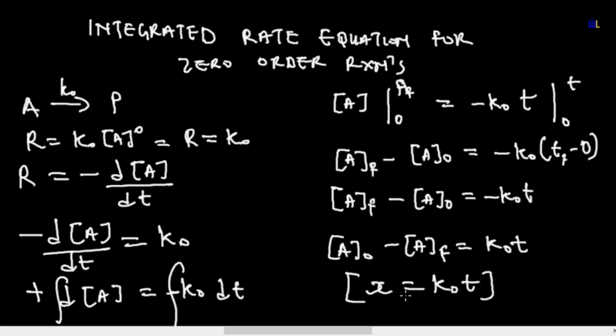So with this, I presume you've learned that the integrated rate equation or the kinetic equation for a zero order reaction is going to be given by that change, or the amount of substance converted to product, equals the rate constant for the zero order reaction